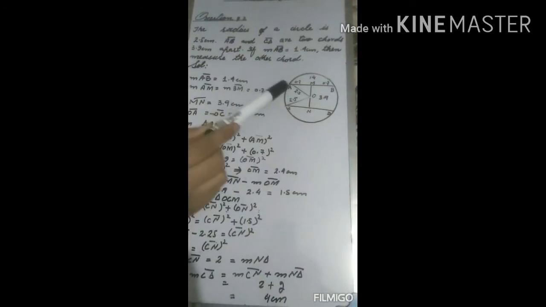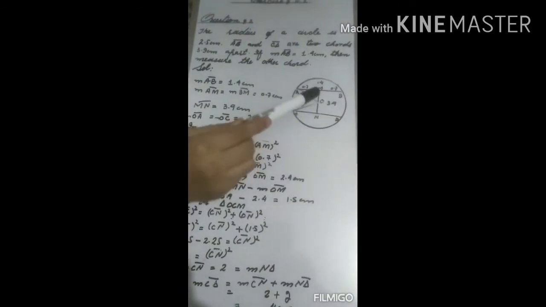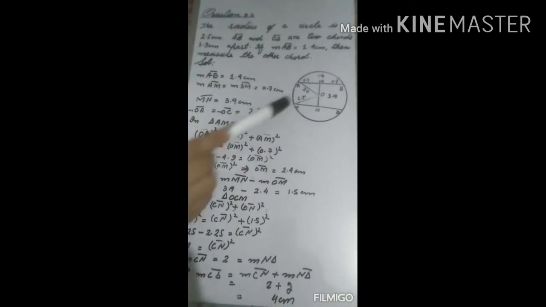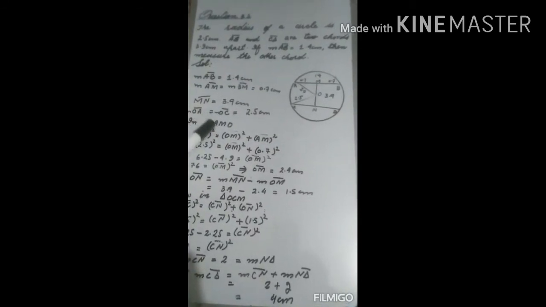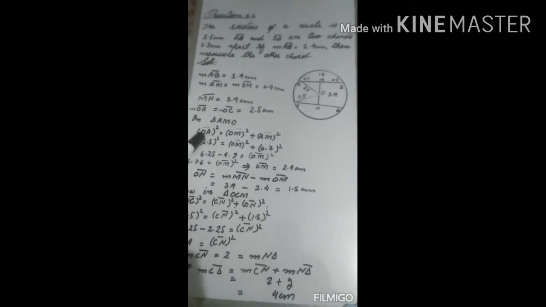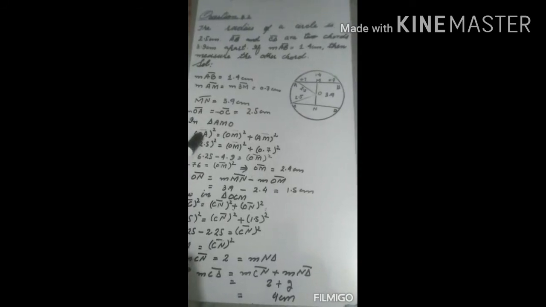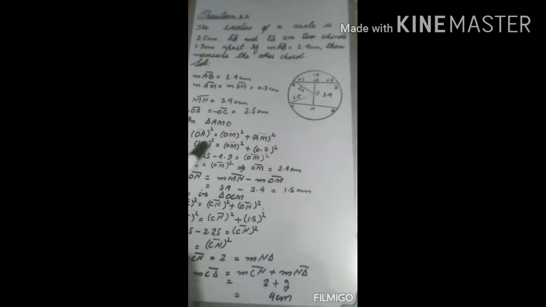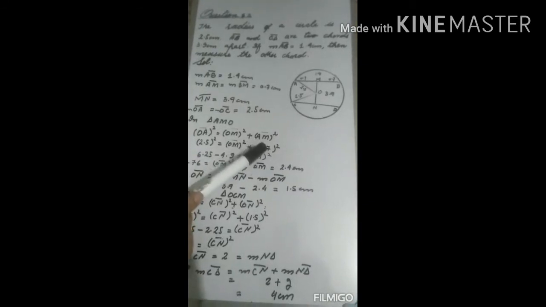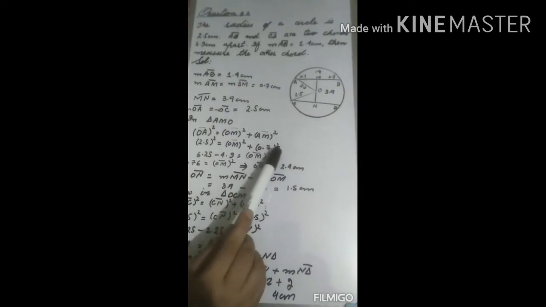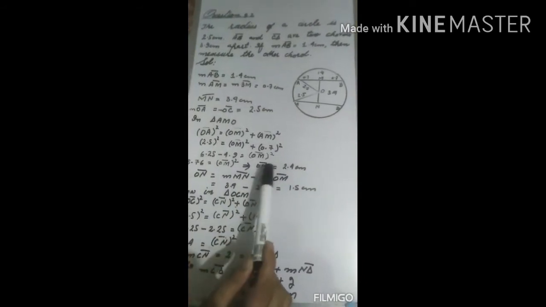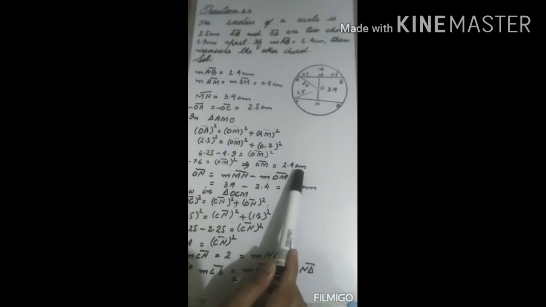We are having two triangles in this circle, AOM and OCN. Firstly, I am taking triangle AMO to find out this distance OM. Here I will use the Pythagoras theorem, that is hypotenuse square equals perpendicular square plus base square. Here the radius is 2.5 centimeter, that is OA. OM is not given and AM is 0.7, whole square. By putting this value, I will get OM, that is 2.4 centimeter.